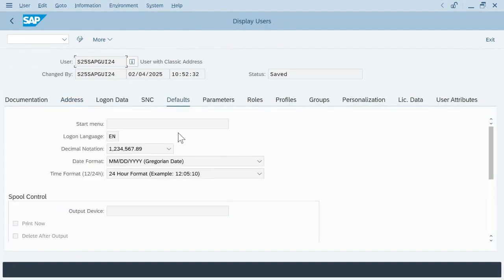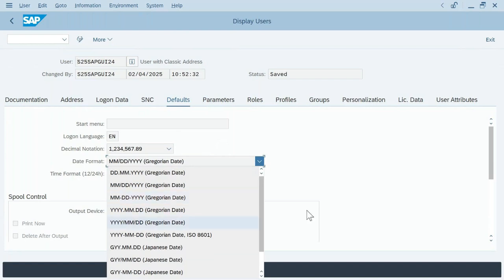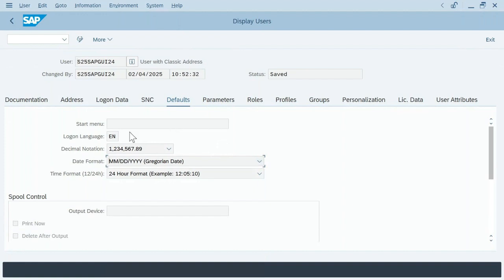Here you can see the decimal notation is given. This notation was taken in this format: 1,000,234,567.89. So this is the format. In the same way, the date format is also taken by default as month, date and year format. So these are already configured